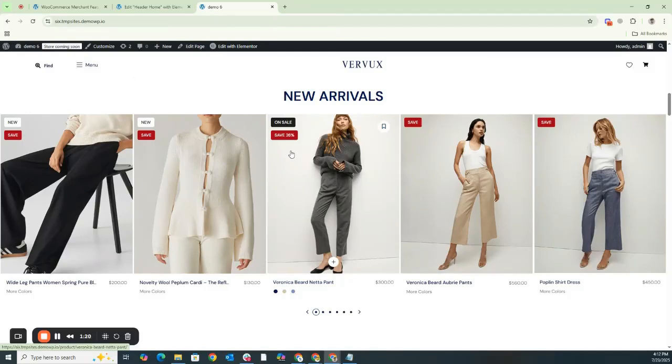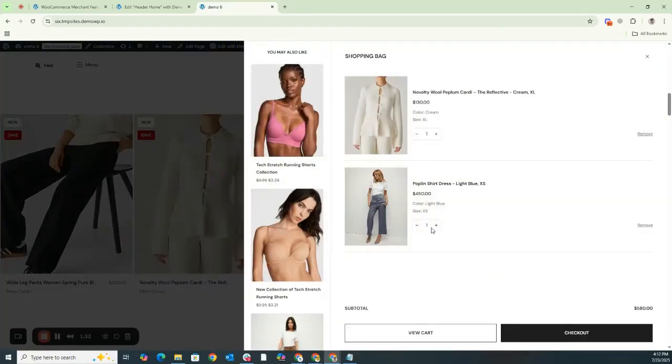If you want to quickly see what's in your cart, then if you look at the header section, you'll see a cart button, a cart icon. If you click on it, your cart page will be displayed. You have added 2 products to your cart here. So this mini cart can help you if you want to view or display your cart while staying on the shop page, or if you want to see what you've added to your cart.